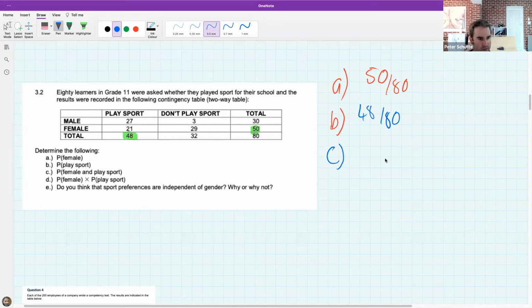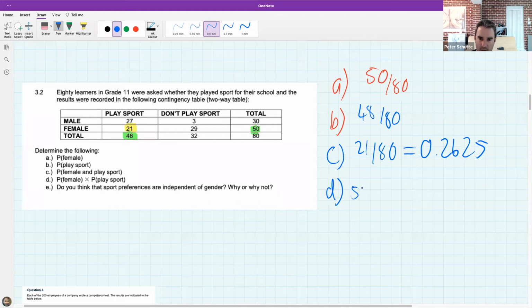So female and play sport, that is going to be 21 out of 80. And let me write that as a decimal just to start with. And then D is going to be